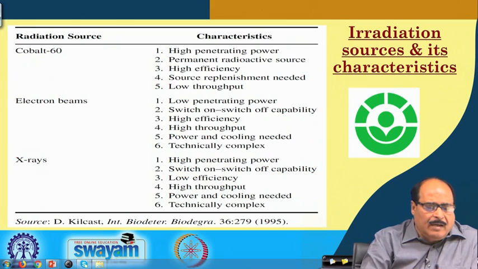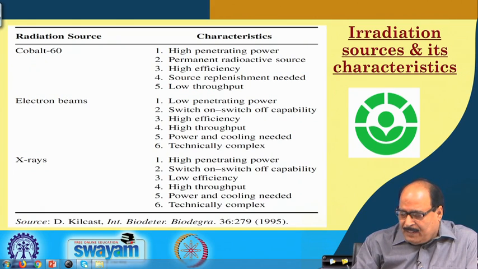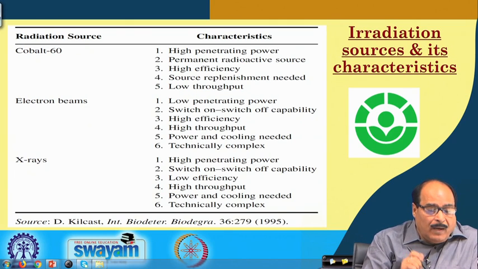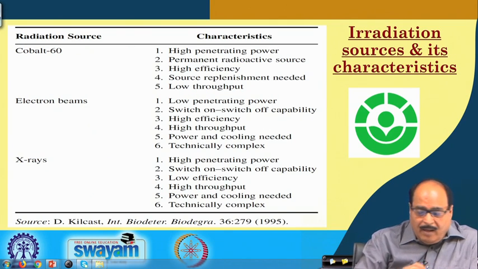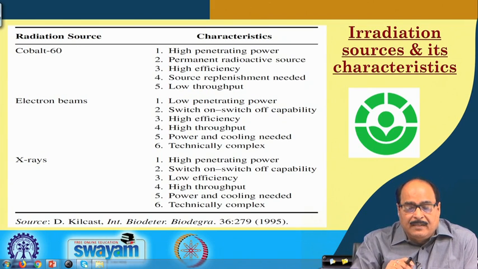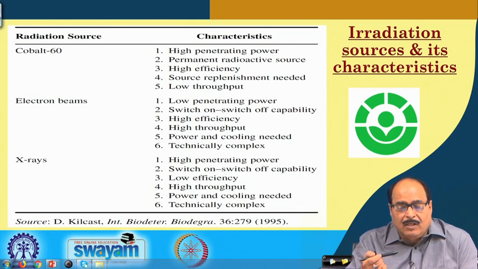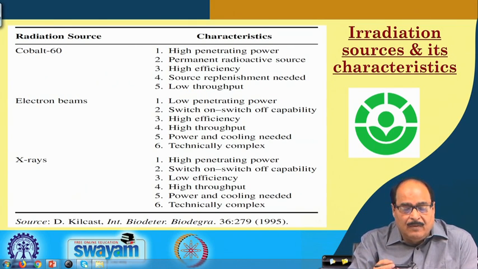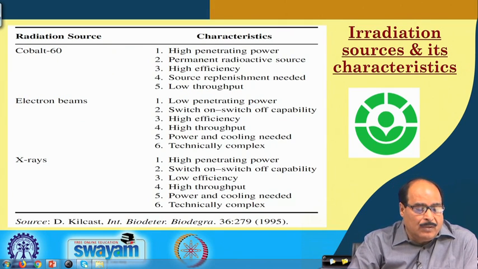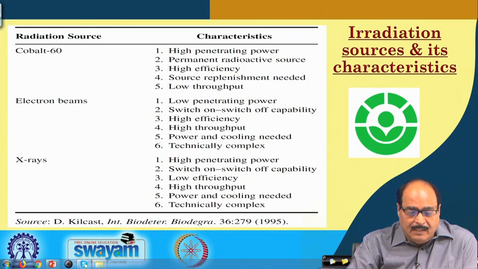In this slide, which I have already covered, there is a comparison of the two. The sources commonly used are cobalt 60, electron beam and X-rays. Cobalt 60 has high penetrating power, is a permanent radioactive source with high efficiency, but source replacement is needed after some time, and it has low throughput, whereas the electron beams or X-rays